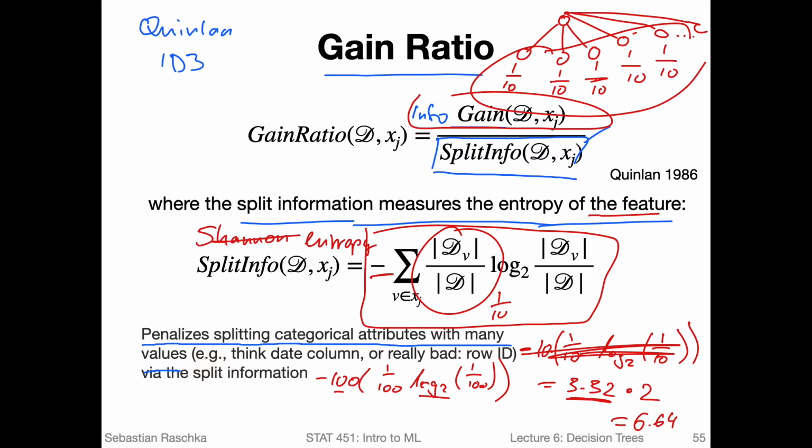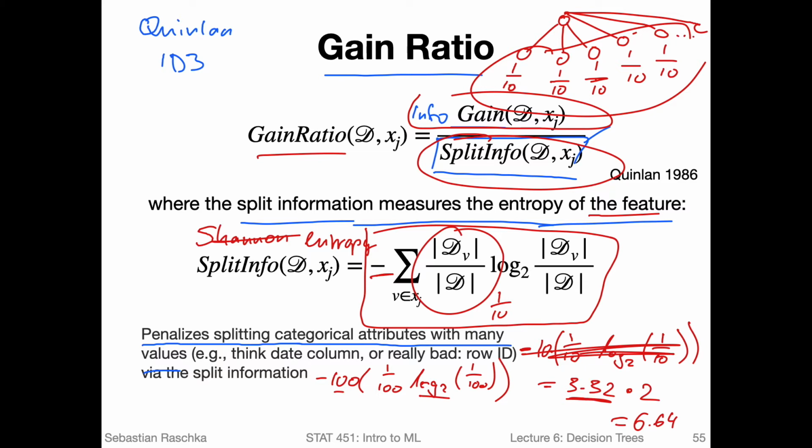But even without thinking about concrete numbers, what that means is the larger the number of values for a given feature, the larger the split info, and the smaller the gain ratio, because the split info divides the information gain. So the gain ratio takes into account how many values a feature has. Well, and why is that useful here? It has been shown, as I recall correctly, that this helps. For example, it also helps with avoiding overfitting.